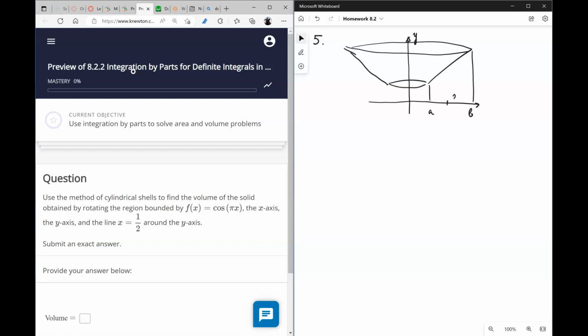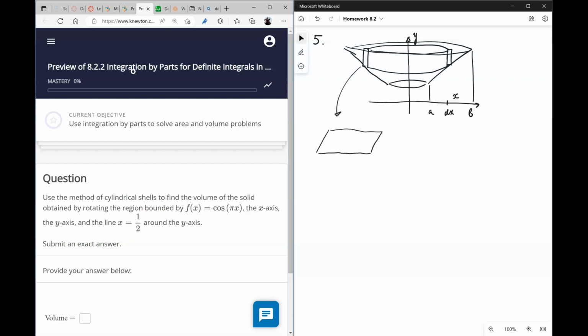So we pick some value x, and at this x value we create a segment with width dx, and then if we rotate this segment, what we get is called a cylindrical shell, so that when you cut this shell open, it becomes like a